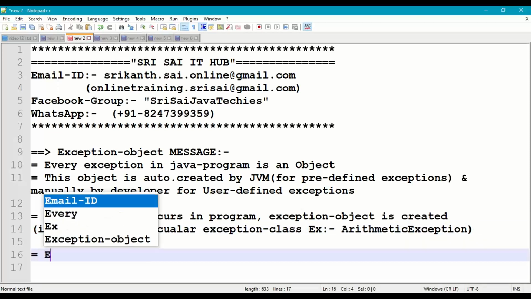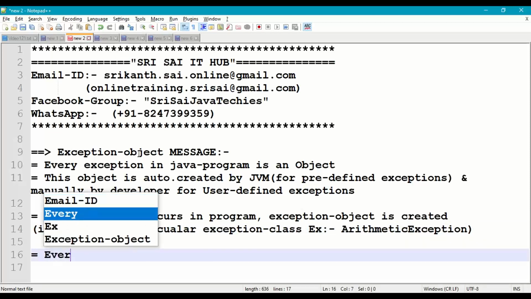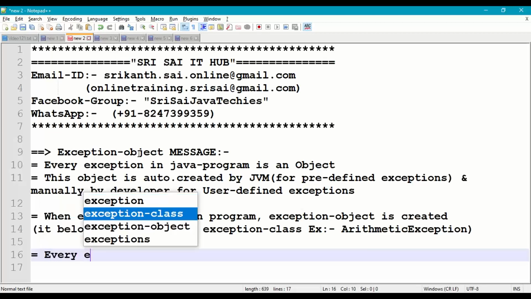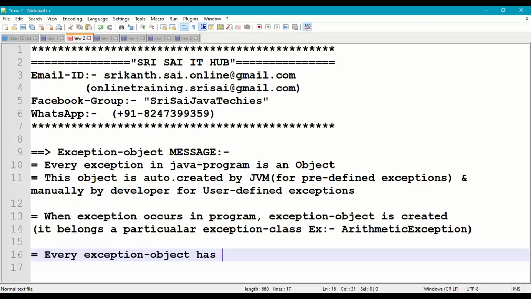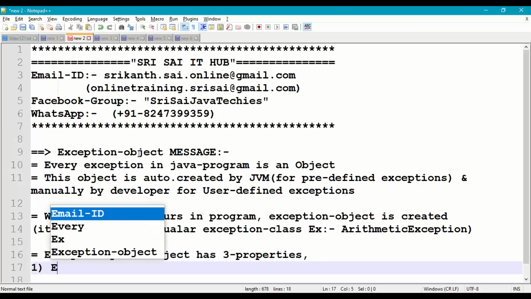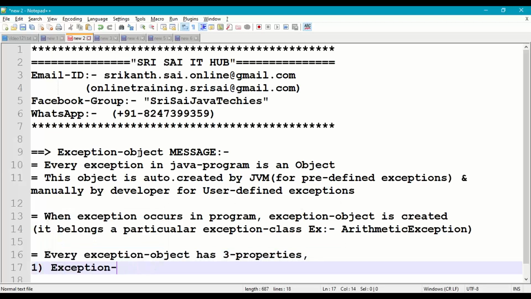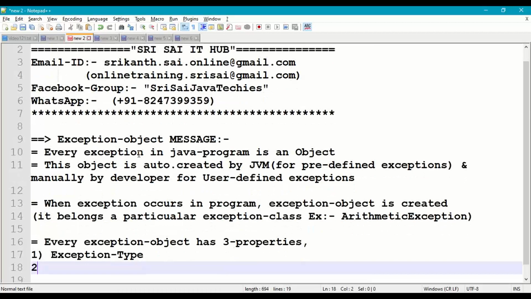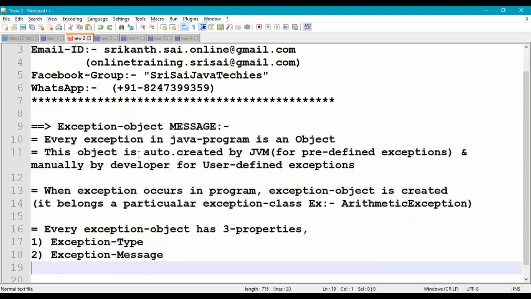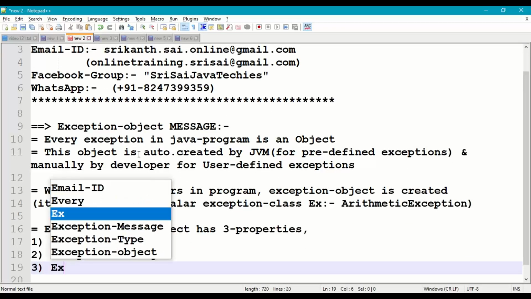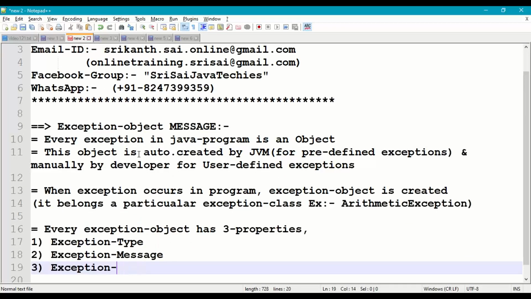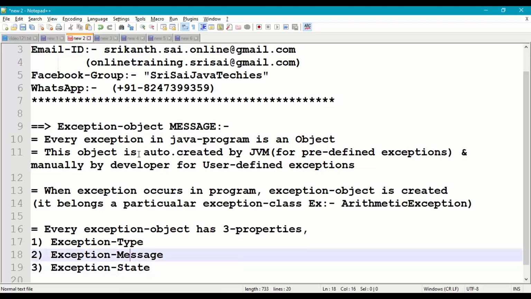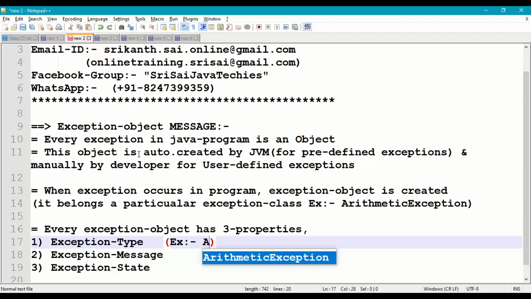Now every exception object has three properties. First one, exception type. Second one, exception message. And third one, exception state. Exception type is, example, what is the type of exception?